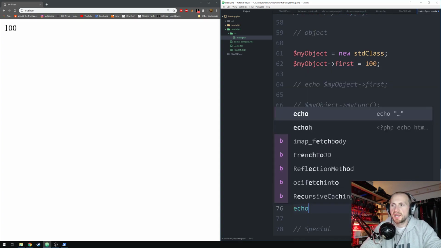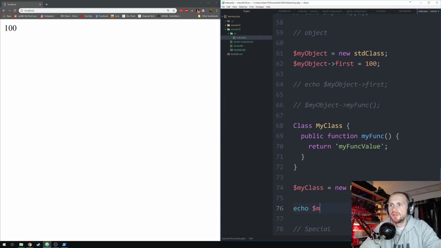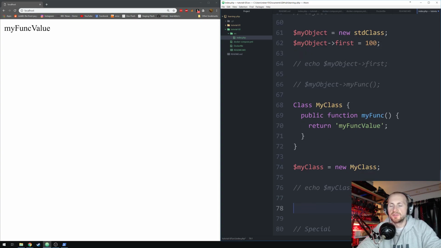And from here I can echo out the call to my class, and then simply my func. So if I echo that out, it should simply say my func value, which is the value of this string that I'm returning. The final way to instantiate a class, if you want to subvert the whole instantiation method,